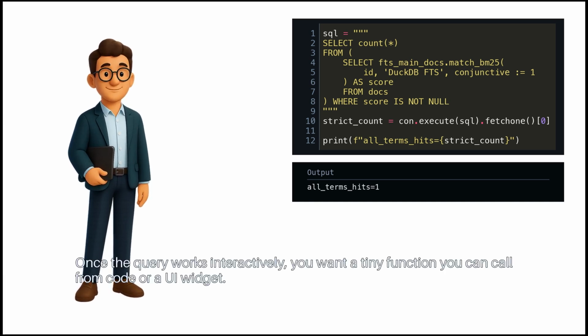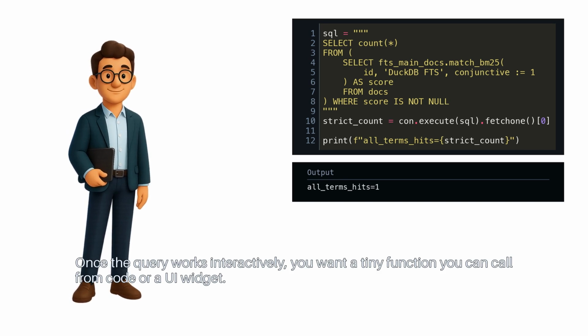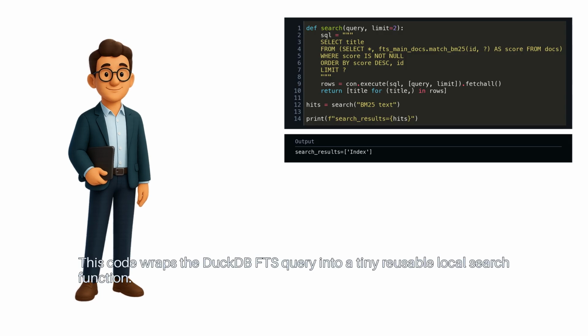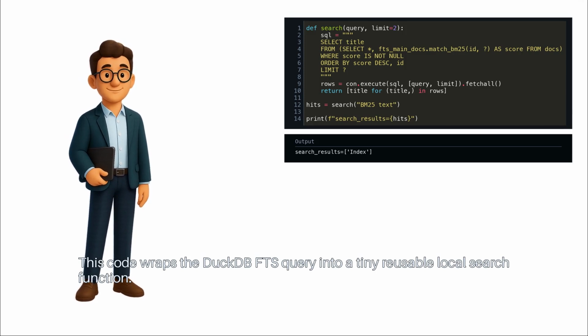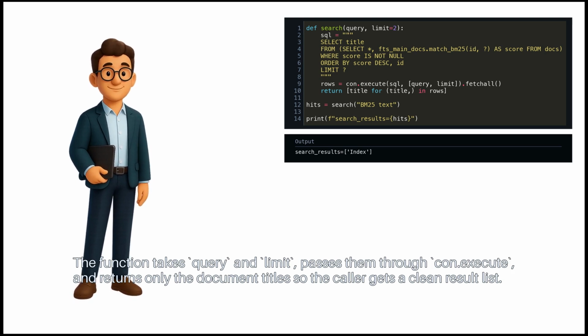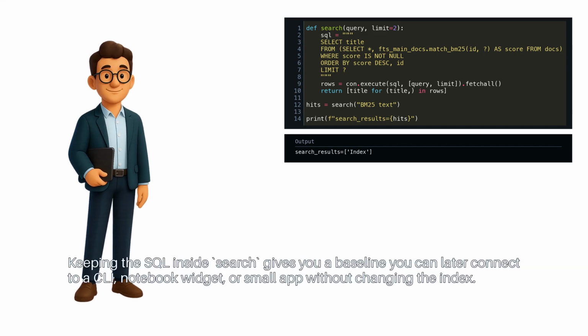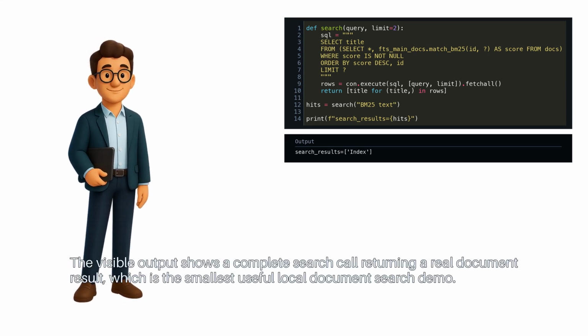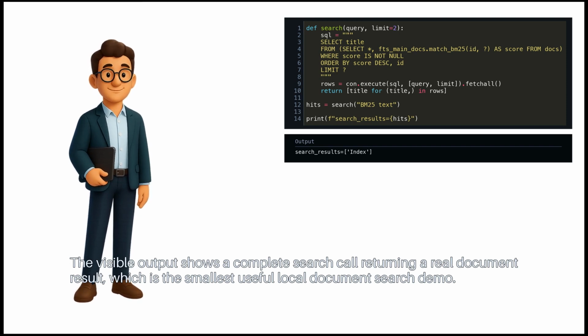Once the query works interactively, you want a tiny function you can call from code or a UI widget. This code wraps the DuckDB FTS query into a tiny, reusable local search function. The function takes query and limit, passes them through con.execute, and returns only the document titles, so the caller gets a clean result list. Keeping the SQL inside search gives you a baseline you can later connect to a CLI, notebook widget, or small app without changing the index. The visible output shows a complete search call returning a real document result, which is the smallest useful local document